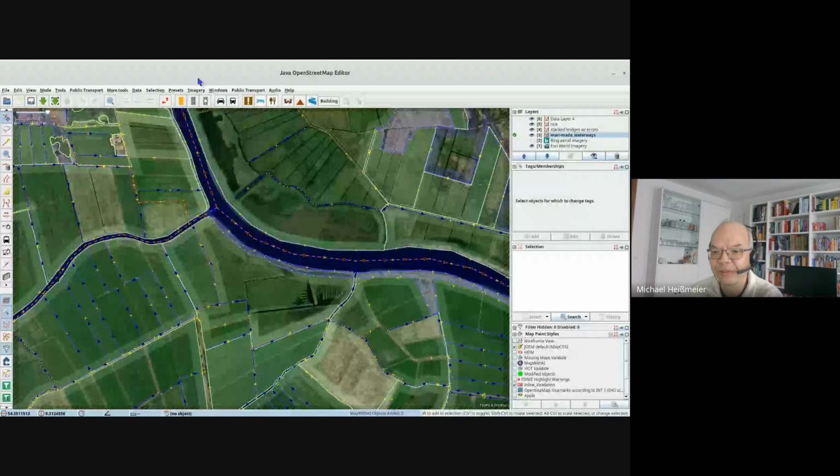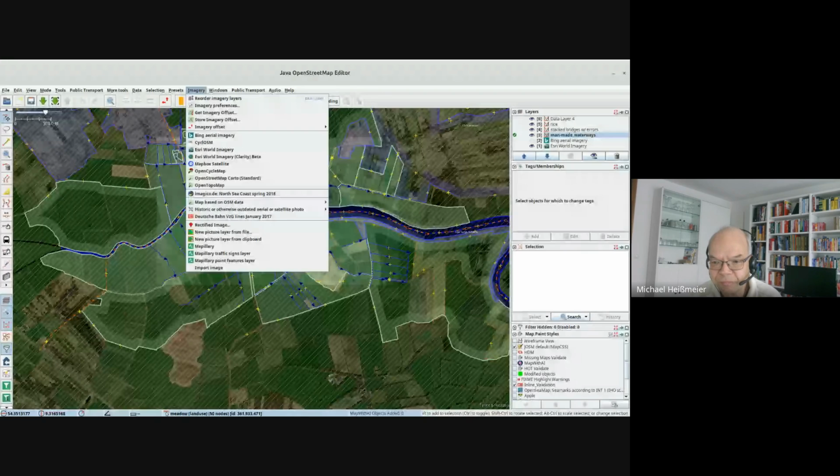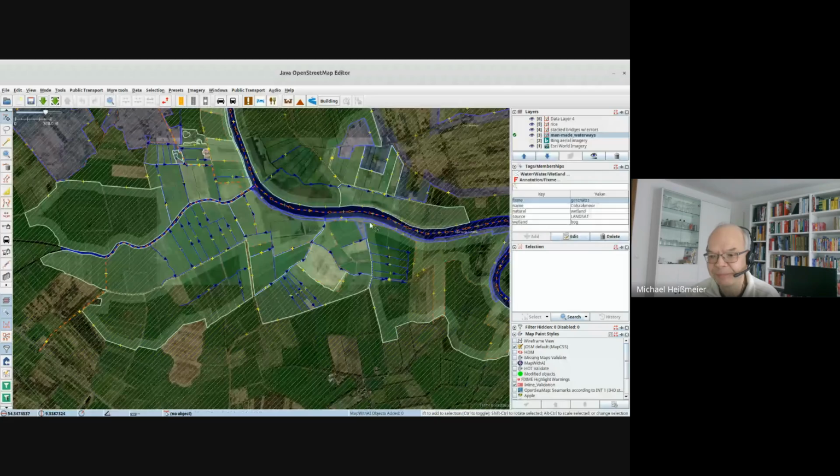Okay, so the point when we're talking about waterways, as Ralph is certainly going to explain, these are one-ways. That means the direction of flow should be the direction of the line. If you're in a relatively flat area, this might be some trouble. If it's in a hilly area, it might be easier. Why is that easier? Simply because we've got some imagery layers which come to our rescue. If you load the imagery preferences, you will see there are a couple of topographic layers, such as the Open Topo Map or also the Open Cycle Map.